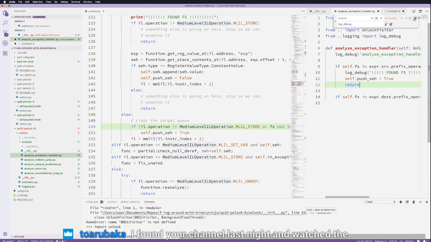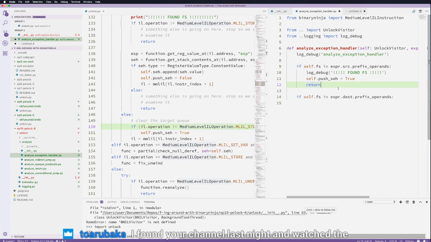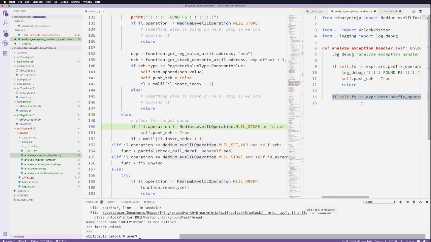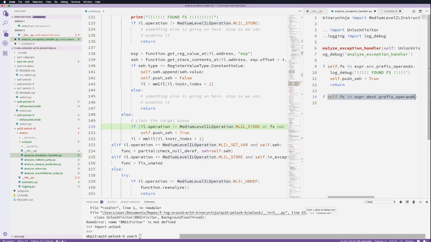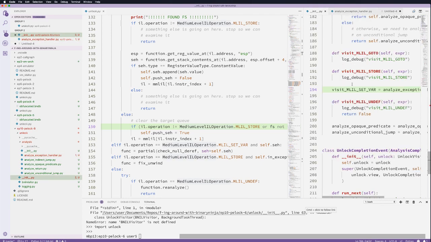So then, if it's a set var and self, if it's not there, if self SEH, I think I need to set SEH to